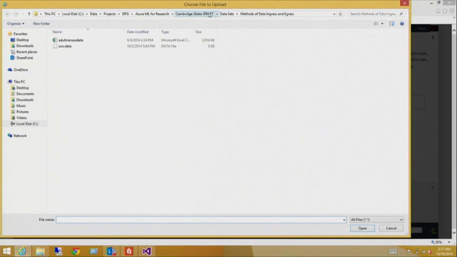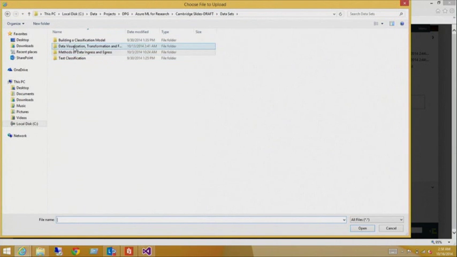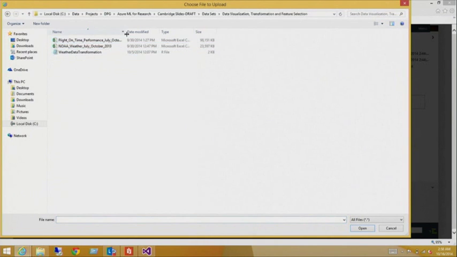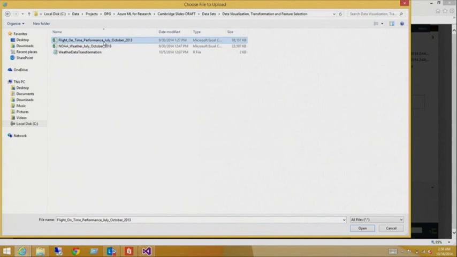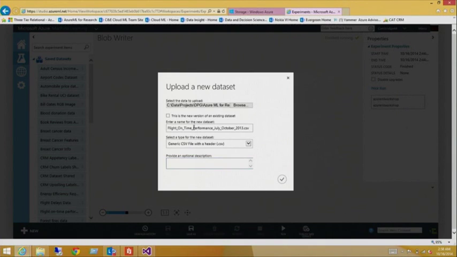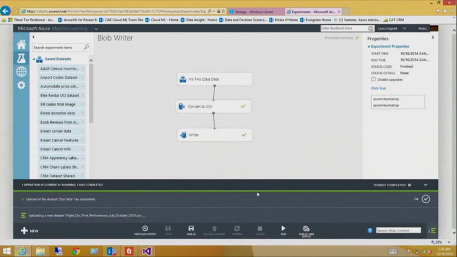And again, if we navigate to that folder that was in your zip file, you'll see this folder called Data Visualization, Transformation, and Feature Selection. Just go into there and you'll see them. So we'll do the flight one first. And we'll just keep the name there. I know that the flight information has a header, so I'm going to keep the default here and select OK. And that's going to start uploading down there. Actually, it's much, much quicker today. So it must have been the load,